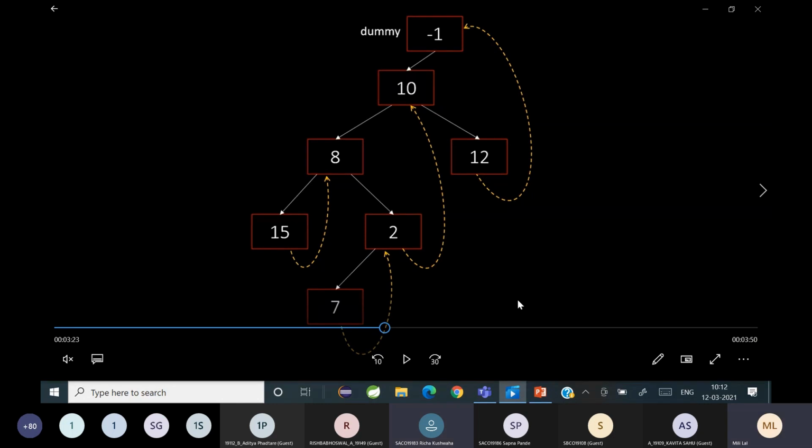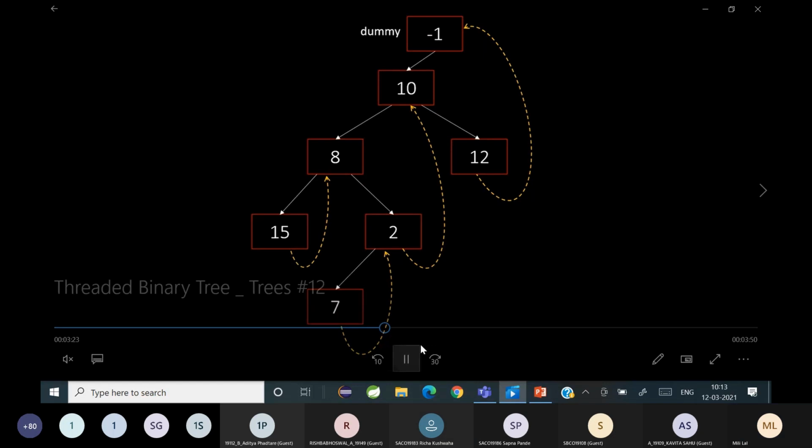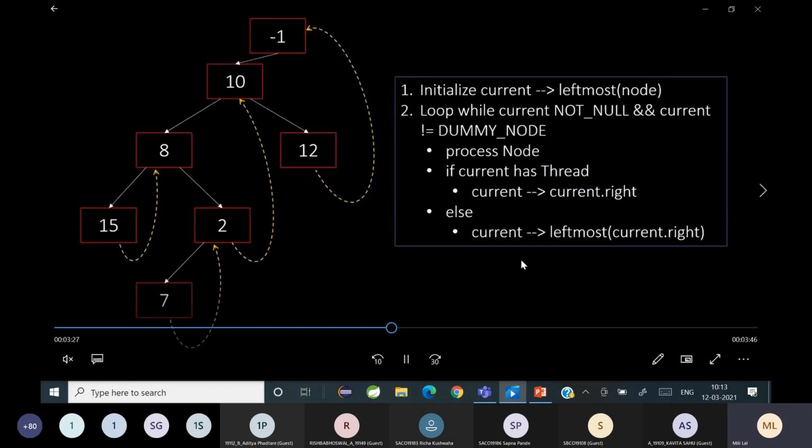Yeah. So यहाँ पे it's not getting grounded, neither is it getting connected to the dummy node, right? It's getting connected to its successor. So it is a right threaded binary tree. समझ में आया क्या सबको? Is it clear?